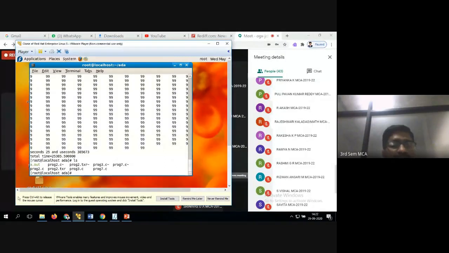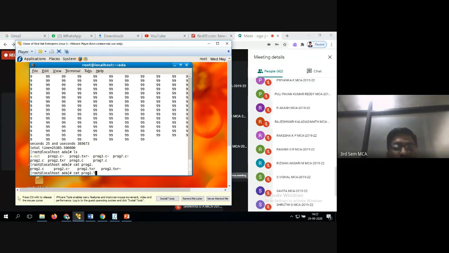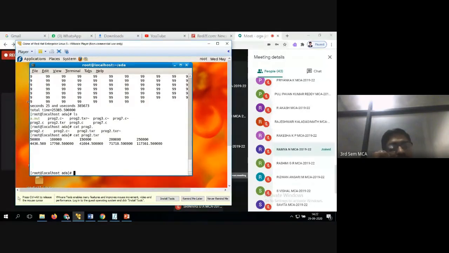Some of the text is there, program 2.txt. We have written these values, and you can change whatever you are getting according to this.